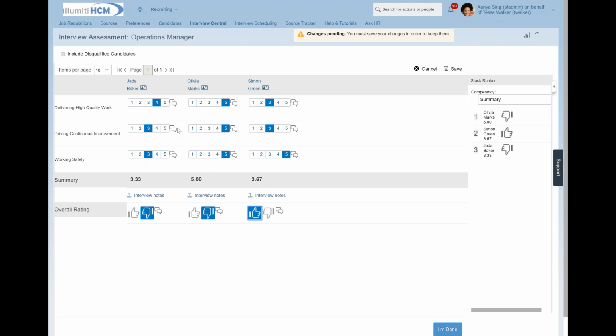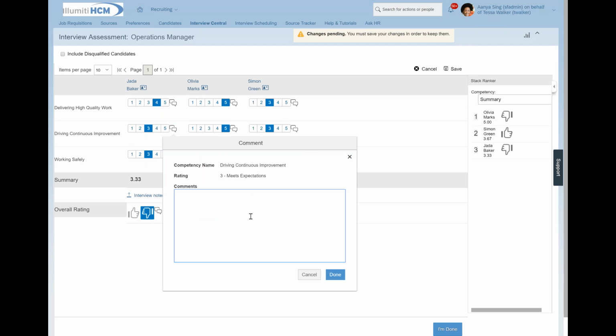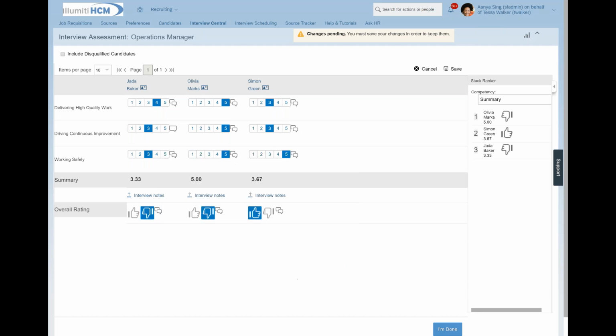I also have the ability to put in interview notes. So if there was something I was concerned about or impressed by, or wanted another recruiter to follow up on during a secondary interview, I could make my notes and comments here. And I also have the ability to upload final interview notes. If I took my own notes on a tablet or on a sheet of paper, type them out somewhere, I could actually upload or import some more comprehensive notes here.